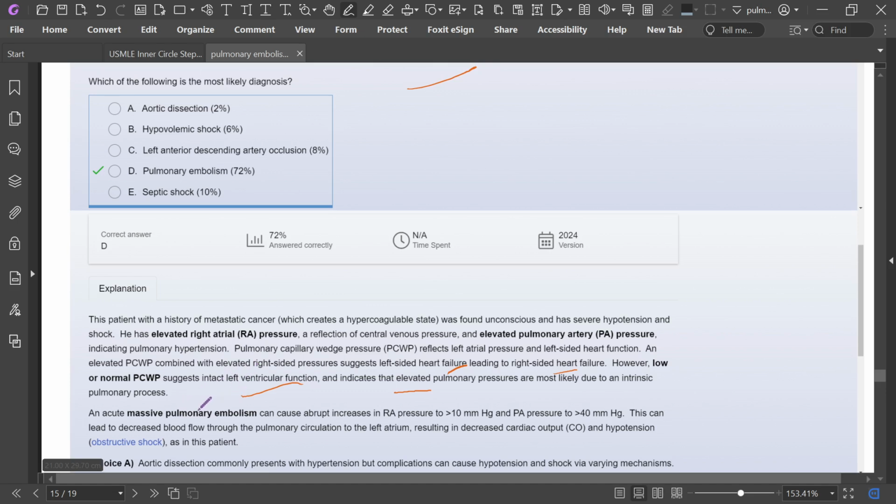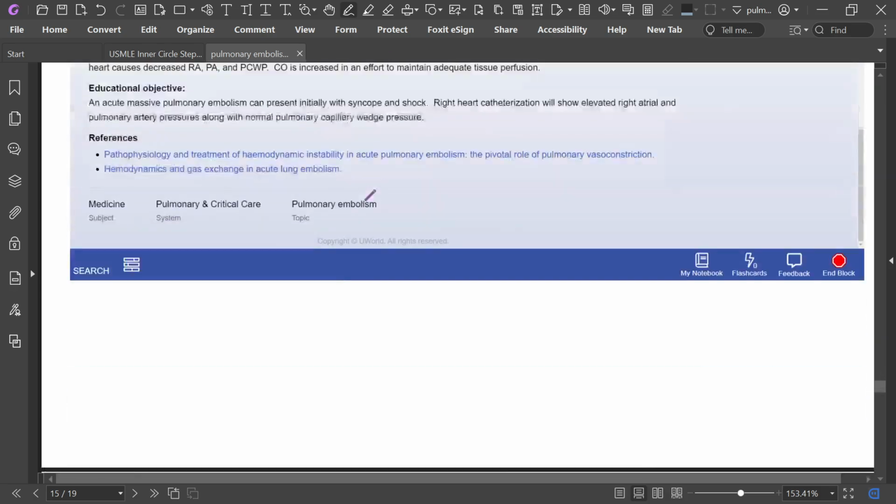It is due to acute massive pulmonary embolism, which can cause an abrupt increase in right atrial pressure and pulmonary arterial pressure, right atrial pressure more than 10 millimeters of mercury, pulmonary arterial more than 40 millimeters of mercury. This can lead to decreased blood flow through the pulmonary circulation to the left atrium, resulting in decreased cardiac output and hypotension as in this patient. Okay,